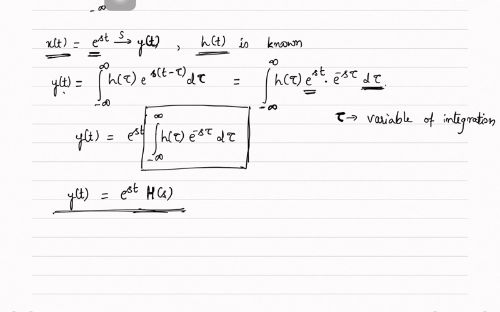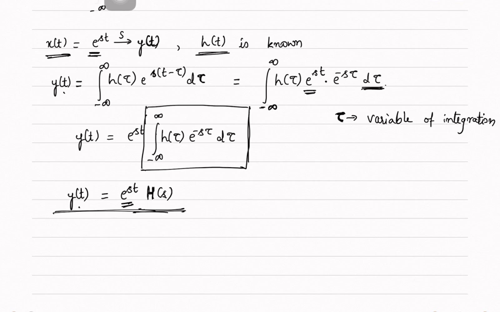Now what did I feed to the LTI system? I knew the impulse response. The input that I fed was a complex exponential. My output is also a complex exponential multiplied by a number. Suppose h of s is equal to say 10, my output is 10 times the input. And what kind of input should I feed? I should feed a complex exponential input. Whenever I feed a complex exponential input, it just gets multiplied by some number.